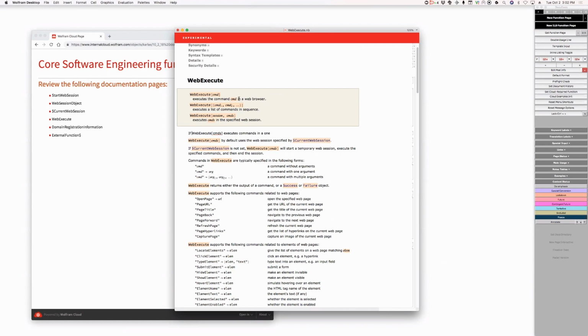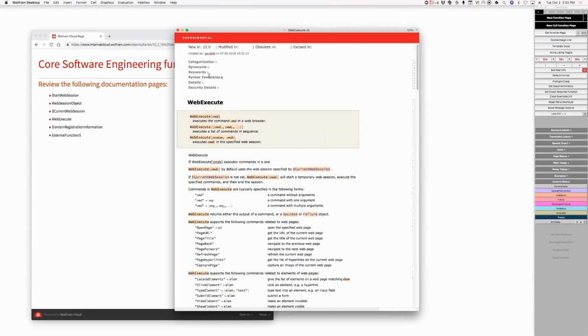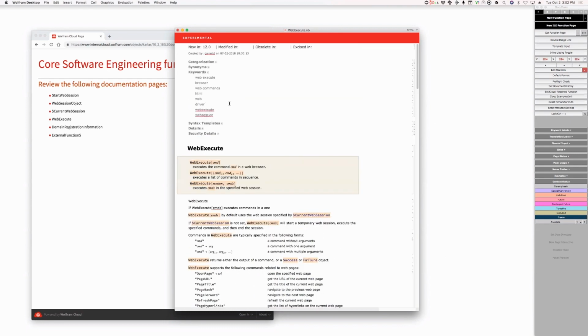Executes the command. Well, let's see. I think we should say at the beginning here, web execute, effectively, it executes a web driver. Is that what we want to call it? Web driver. Come on. Well, whatever. I think that should not be driver on its own. Okay. In any case,